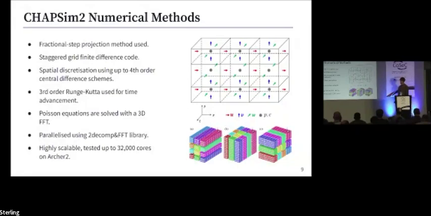It works on a staggered grid, which is this top figure, which means that our pressure is stored at the cell centers, and velocity is stored at faces between cell centers. And that means that, for example, when we want to find our pressure gradient, it naturally locates on that face, so we don't have to interpolate and have that numerical error. And yet it's highly scalable. We run cases on up to 32,000 cores on Archer